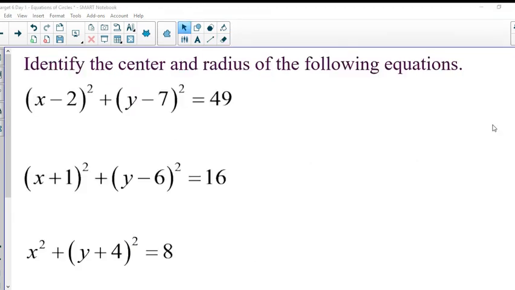Talked about previously in reverse. Before, you were given the center and the radius, and you were told to write the equation. Now, you are given the equation, and we need to write the center and the radius. So, looking at our first equation, we have (x - 2)² + (y - 7)² =